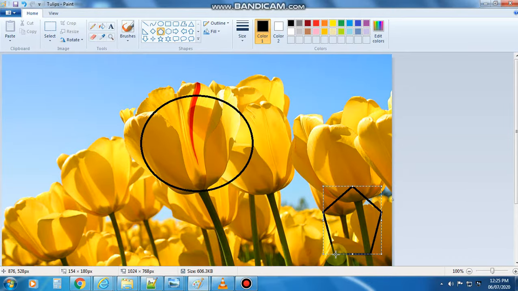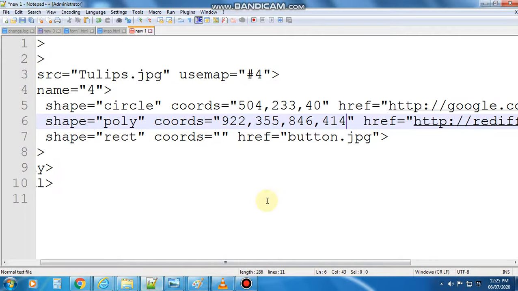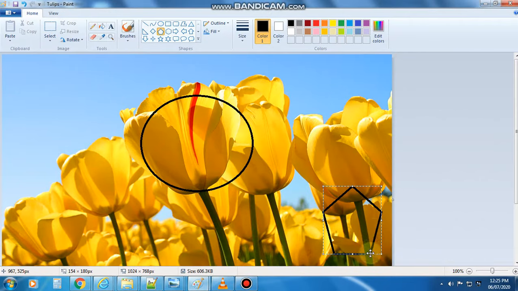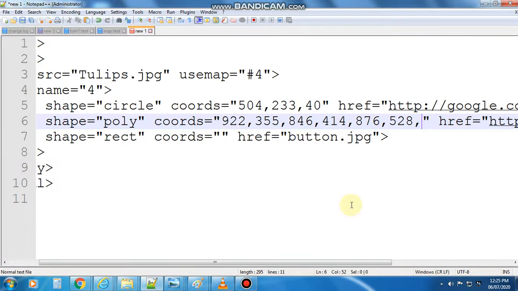All the x and y coordinates I have to note down. So I am noting down the xy coordinates of all the vertices: top left, bottom right, bottom left.